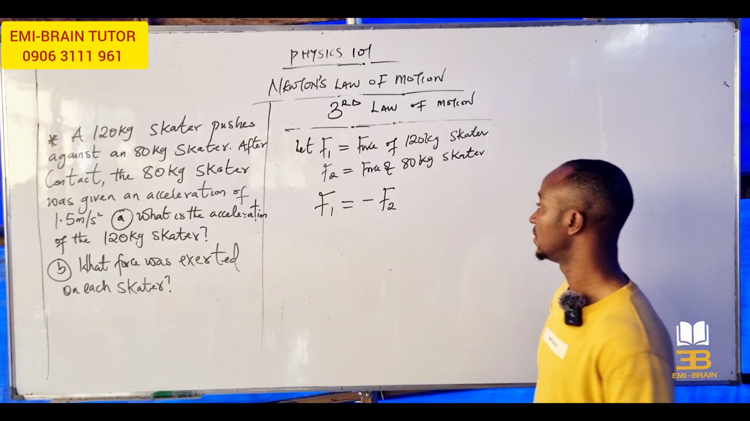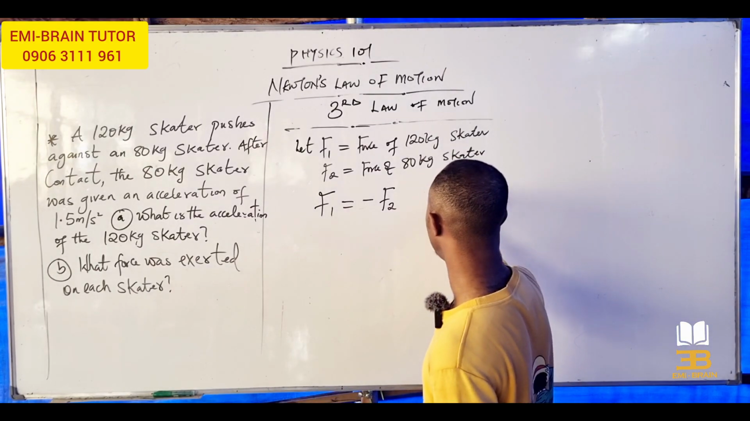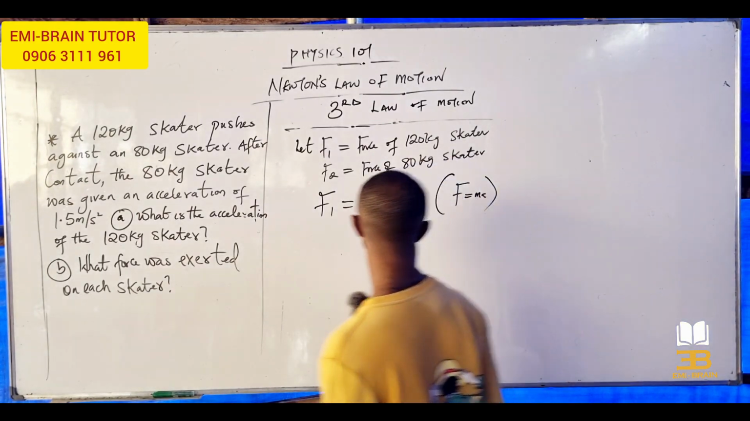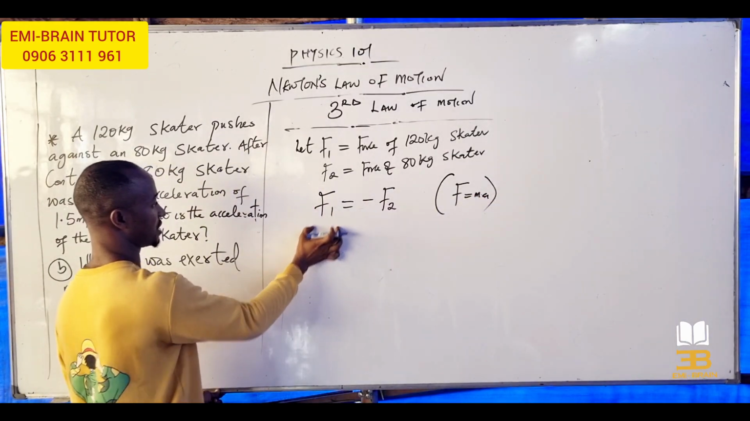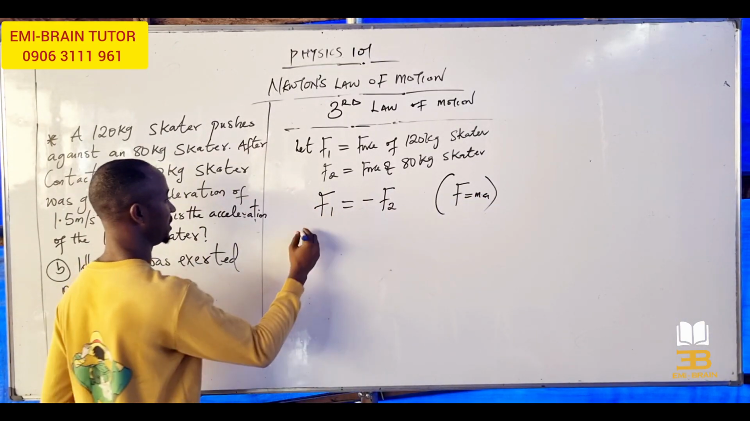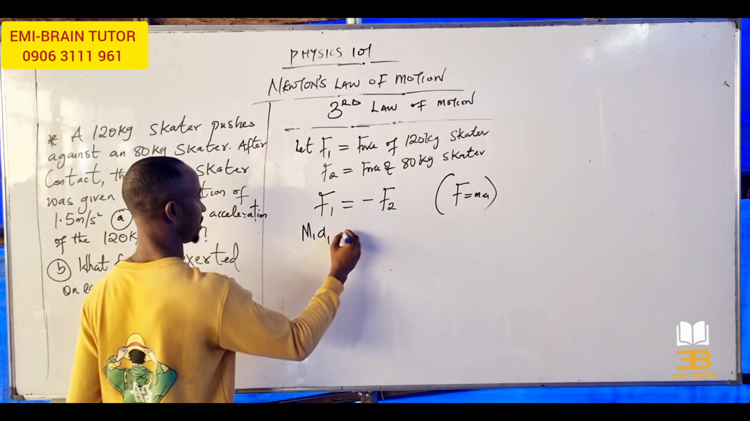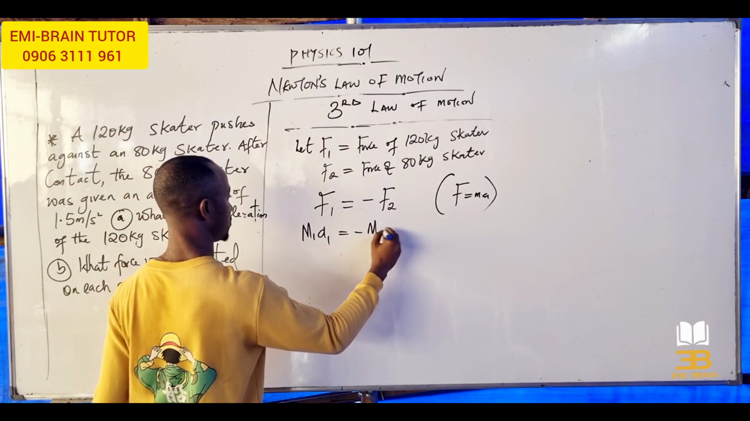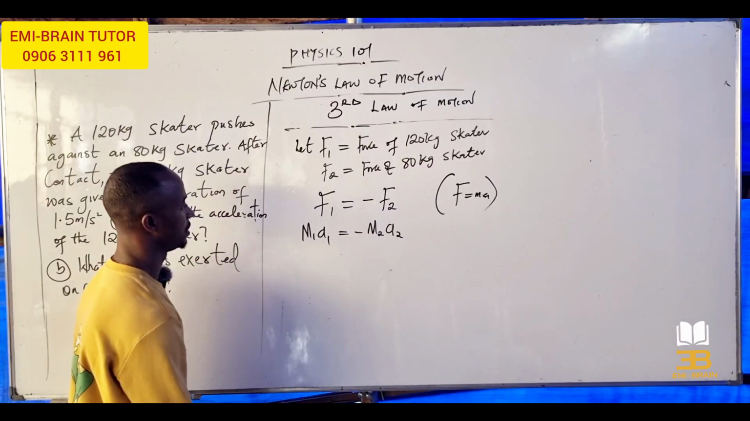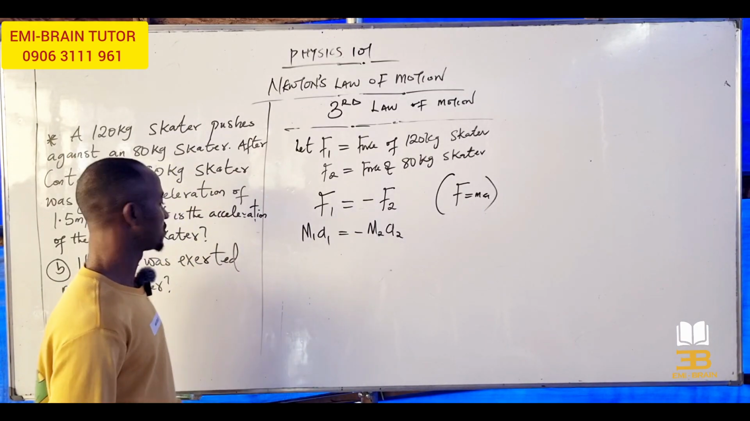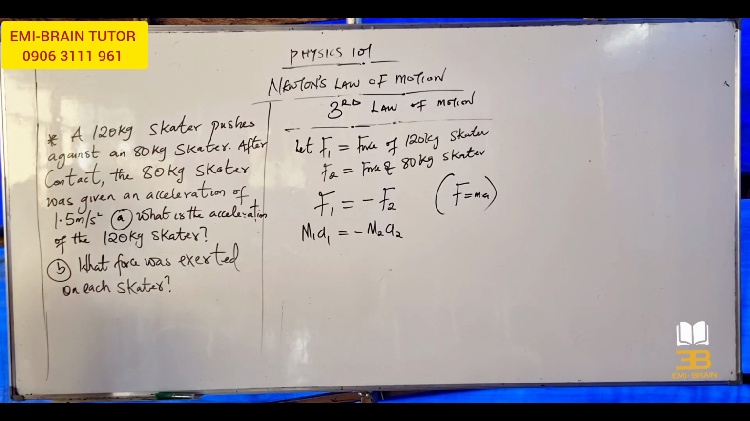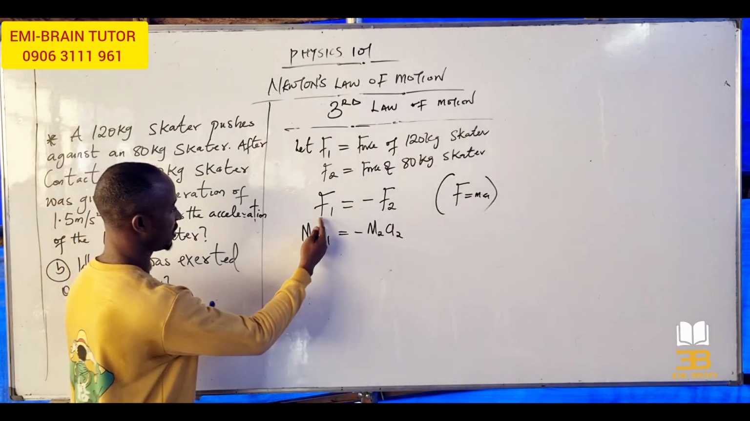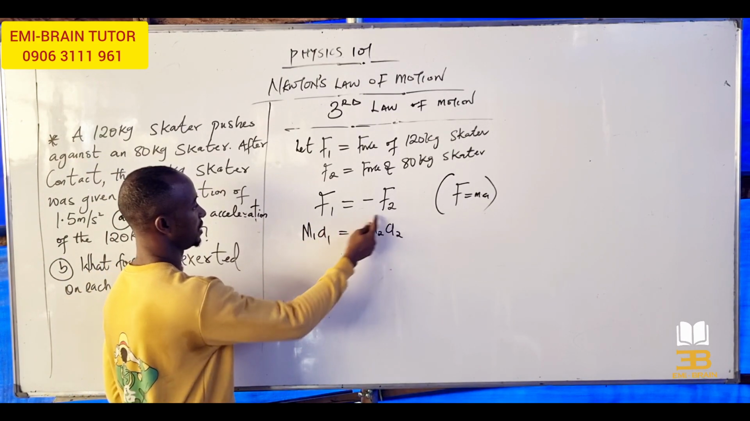Are you there, somebody? Okay, and remember that we say that force is equal to what? MA, right? So if force is equal to MA, the force F1 will be M1 A1 equals minus M2 A2. Our job is to find the acceleration of the 120 kilogram skater, right? That means we are looking for our A1, because F1 represents the 120,